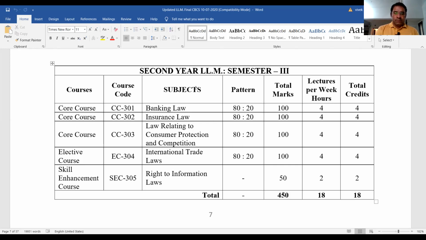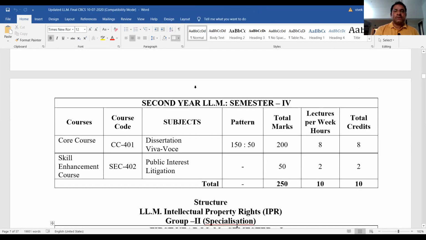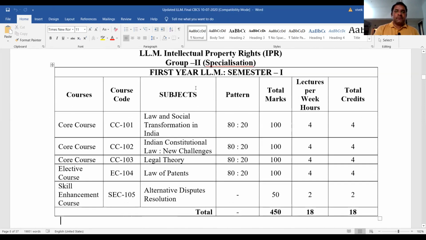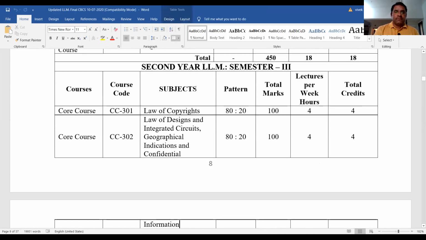Then law relating to consumer protection and competition. Then international trade laws, and the skill enhancement course, which is called right to information laws. So this is for the group number 1, that is business law. So let us see the syllabus of semester 3 of